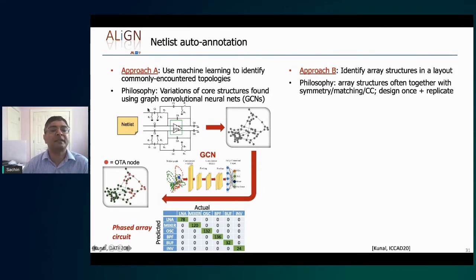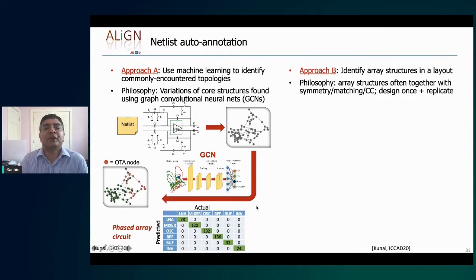In this case, they're actually pretty simple because they're switches and capacitors, so they're really primitives already. But over here, when you identify the OTA, you want to go to lower levels of hierarchy, such as differential pairs, current mirrors, etc. We can do this for more complicated structures too. For the phased array structure, we have the recognition of low noise amplifiers, mixers, oscillators, bandpass filters, buffers, inverters, etc. And this is the confusion matrix, which shows you that everything is perfectly recognized. The actual matches the predicted. So all the 78 nodes that correspond to the LNA are predicted correctly, and so on.